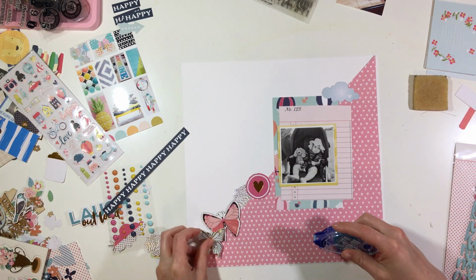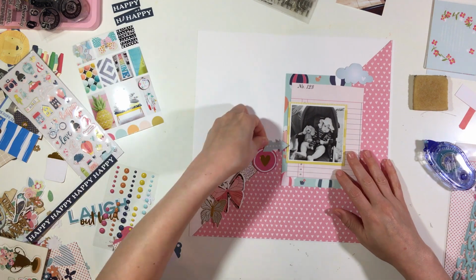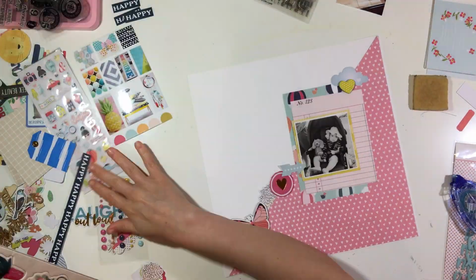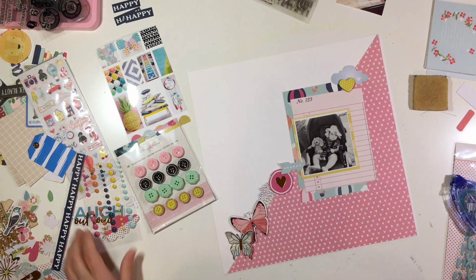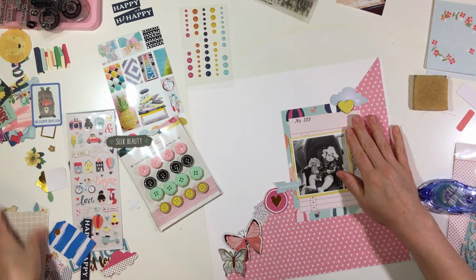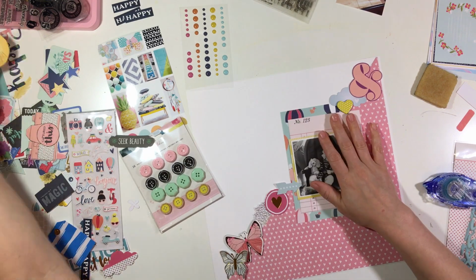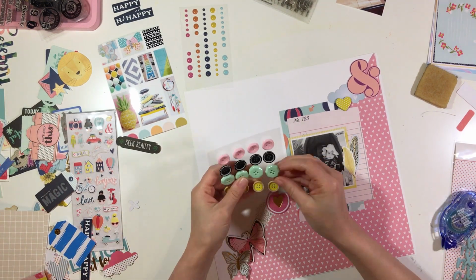So I'll tell you what my thought process is. At this point, I really like the idea of putting the embellishments along the diagonal and keeping that flow going. But I realized pretty quickly after I had put all those embellishments there that I had lots of white space, which is fine, but I felt like it was really bulky along that center line. So I ended up putting a title below. I'll get to that in a second, but first, I'm adding